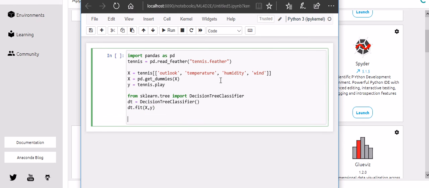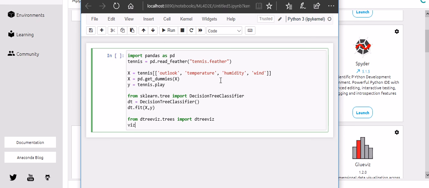When I'm done with it, I can now use a from import for the dtreeviz I was talking about earlier, which you use to visualize this decision tree. So from dtreeviz.trees, I want to import dtreeviz. Then I can now visualize. Let me assign a variable viz for it, using the dtreeviz function here. I want to pass in this parameter dt,